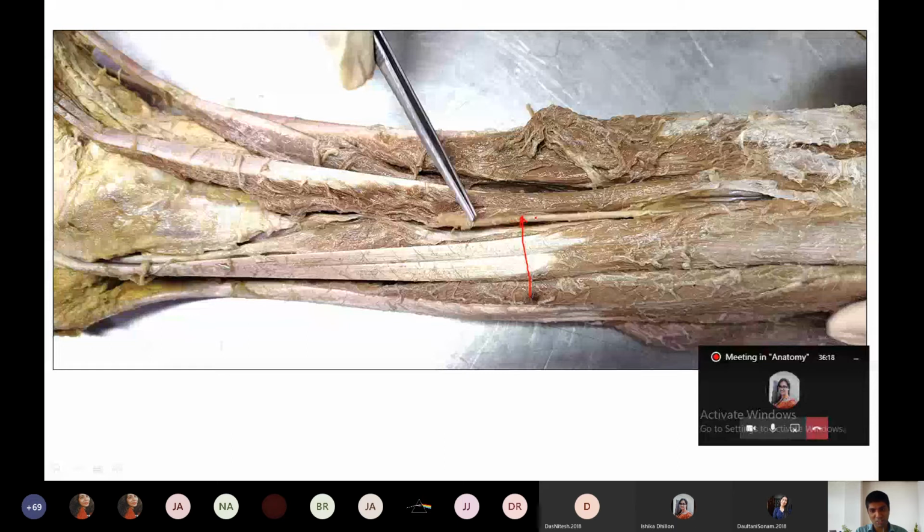Yes, this one is the deep peroneal nerve. See, it's coming here into the anterior compartment after crossing the lateral compartment of the leg, to supply the muscles of the anterior compartment of the leg. Note down everything: root value, its distribution, a little bit of course, and applied part. I have already mentioned, if there is damage to the common peroneal nerve before the origin of the deep peroneal nerve, and damage before giving branches to the extensor muscles of the leg, then there will be foot drop. This is a very important applied part related to this nerve.